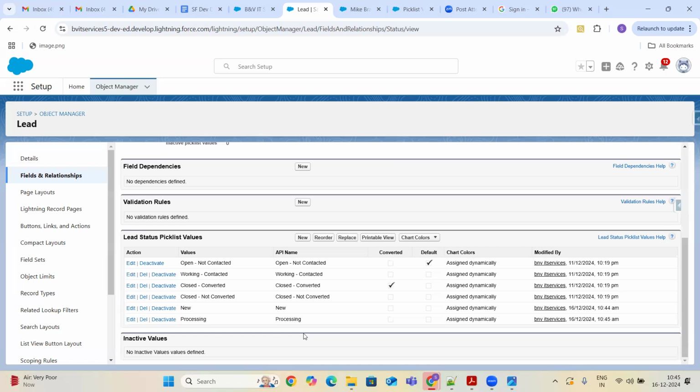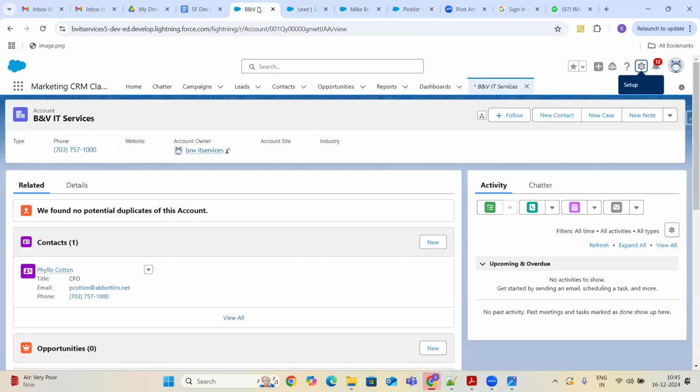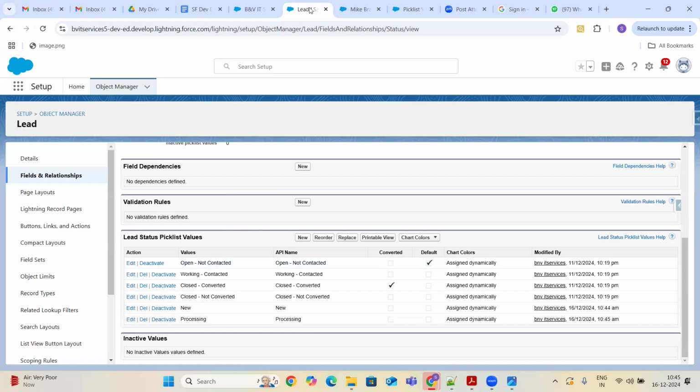Out of 6 values, if the lead process is B&B IT services, then we are going to use only 5 values. In all other cases, we are going to display 4 values.